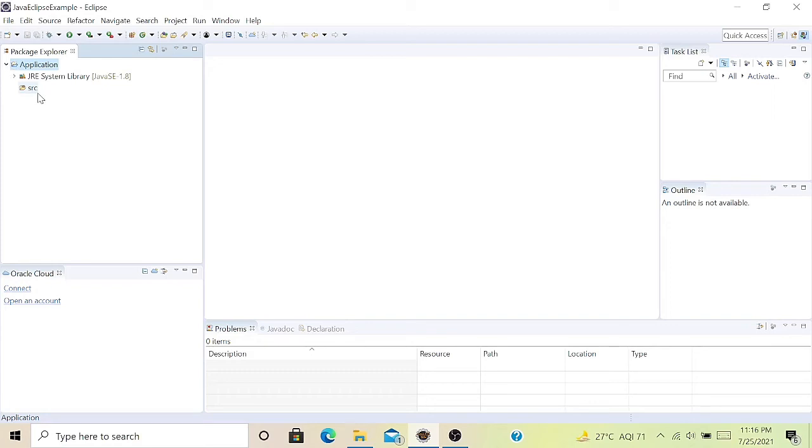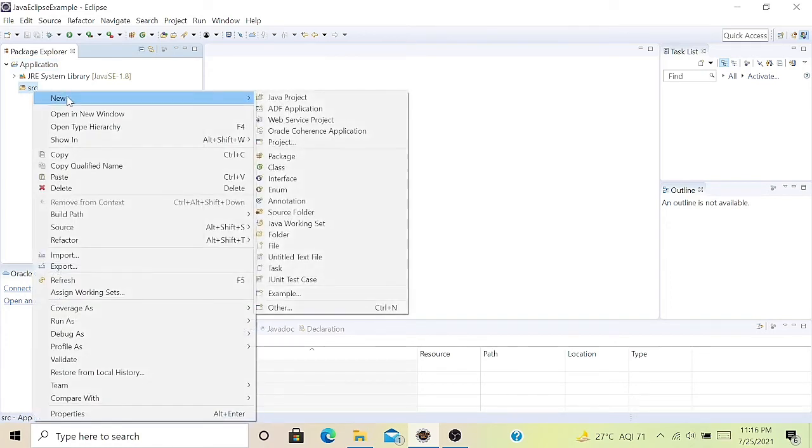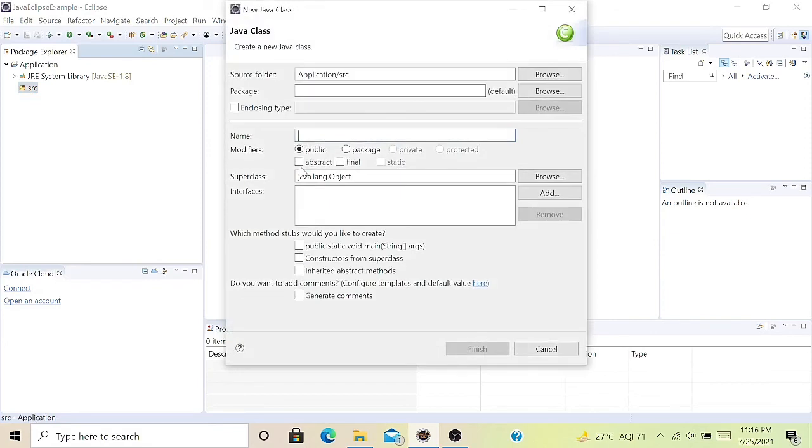no source code. Then create a source code. So right click on src, go to New, and create a class, because you know that in Java everything is through a class. So create a class and give a class name like Java.